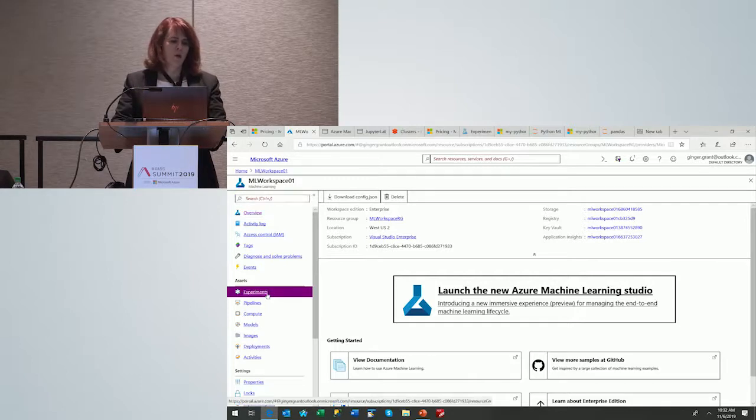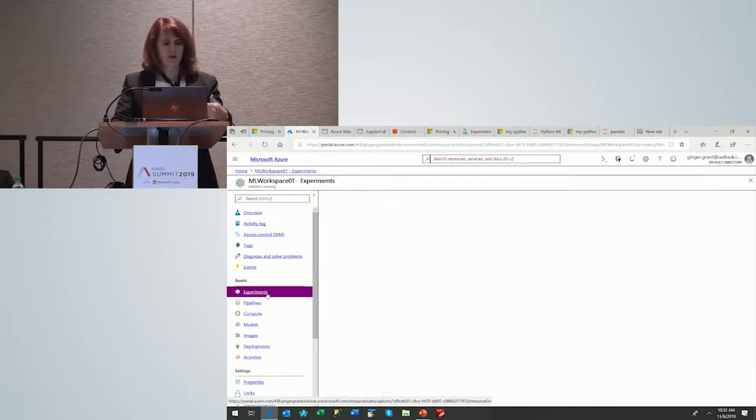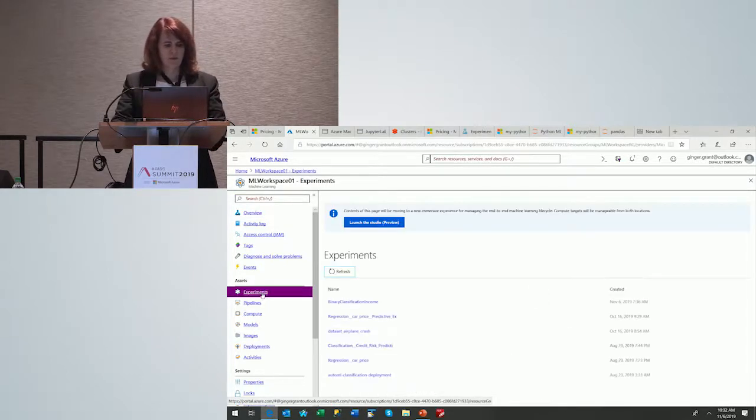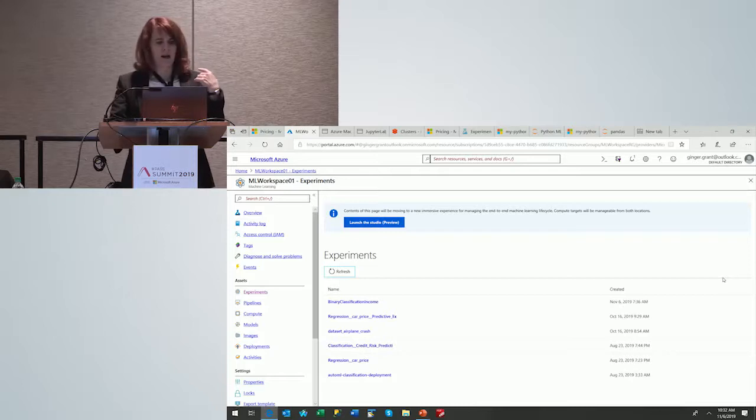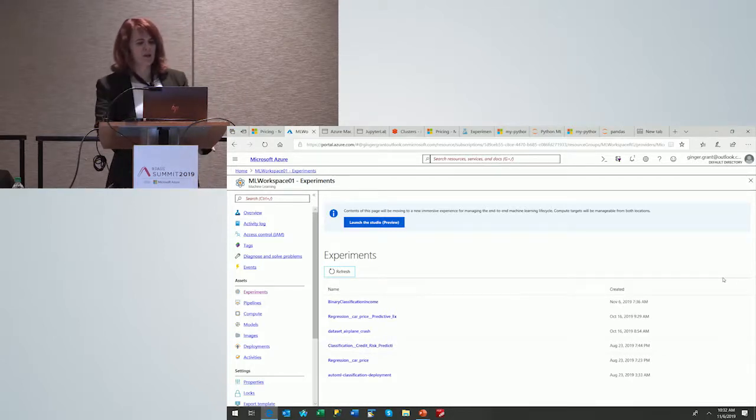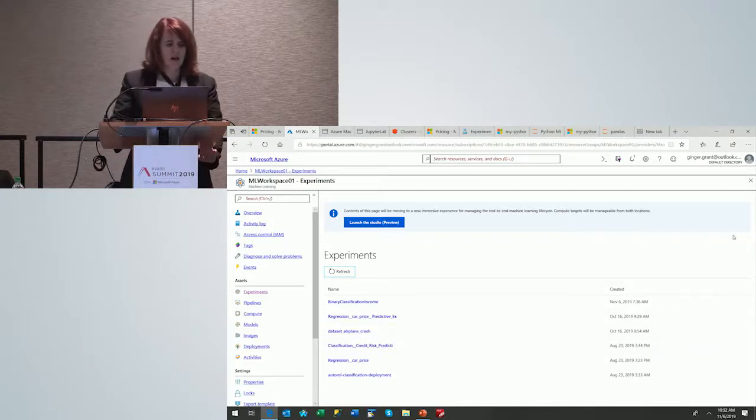So what we have listed within my workspace is I have different experiments. So these are all the experiments that I have that are incorporated within my workspace. So I have binary classification, some regression, data set analysis. And it shows when they were created, and then later on we'll see how they were run.